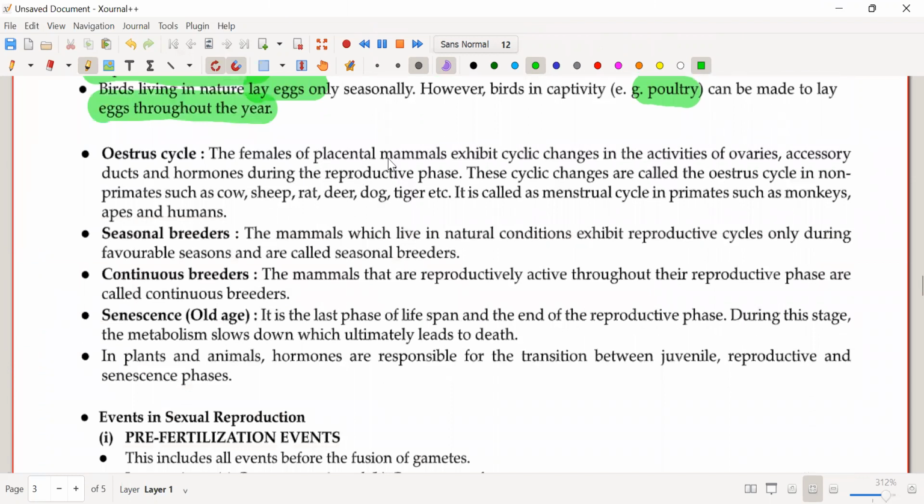The female of the placental mammals exhibit cyclic changes in the activities of ovaries, accessory ducts, and hormones during the reproductive phase. These cyclic changes